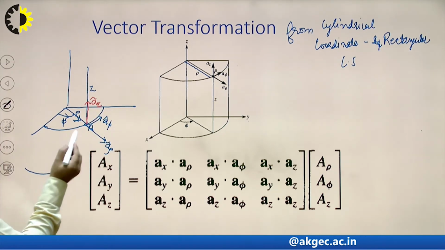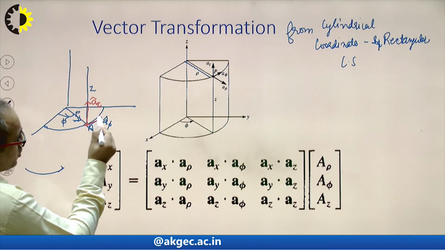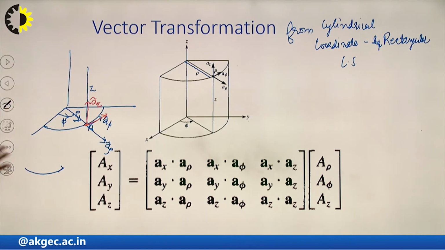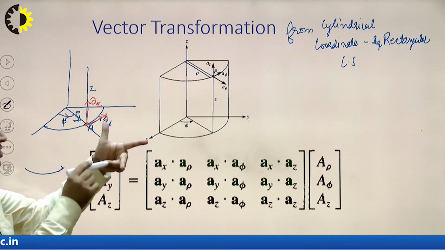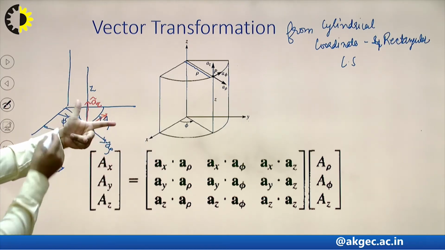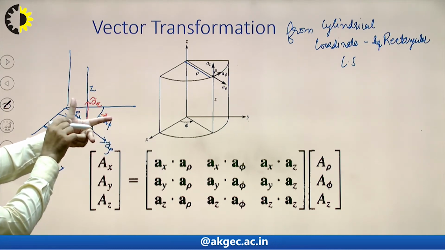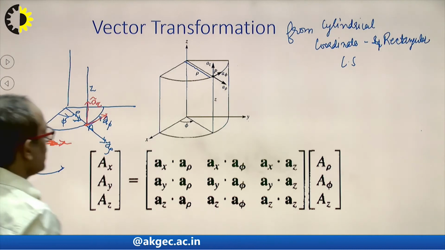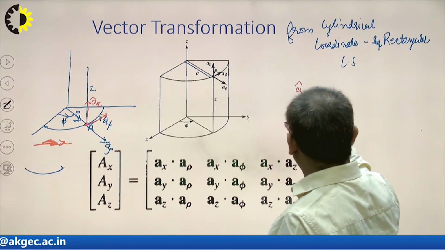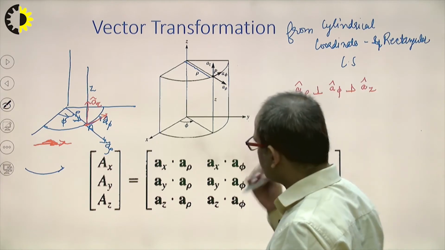Clear? Now we'll see here, this phi is what? This phi represents the tangential component. At this point, the tangential component in this anti-clockwise direction, you will get a cap phi. Now you will see here that az will be in this direction, a phi will be in this direction. Just represent this one: a cap z in this direction, a phi represents this direction, and a rho will represent this direction. So you will see here that at every point a cap rho will be perpendicular to a cap phi will be perpendicular to a cap z.